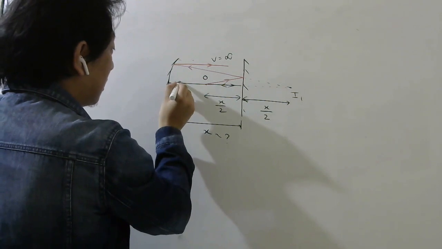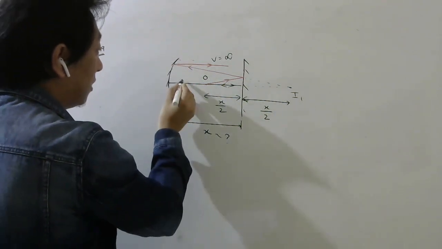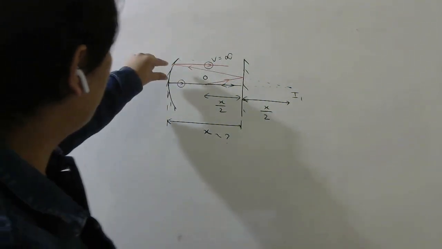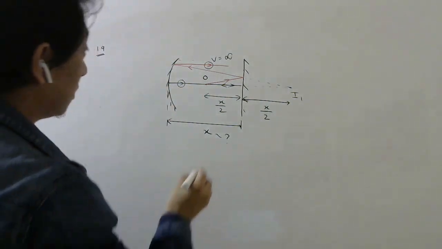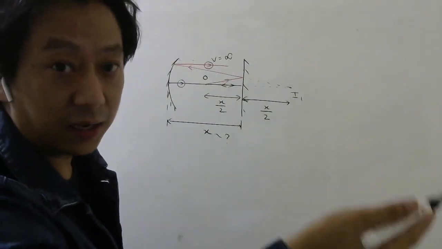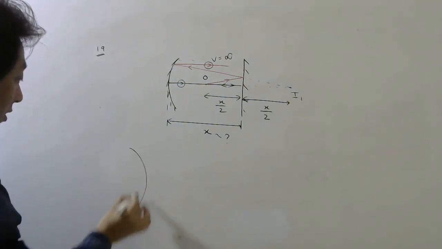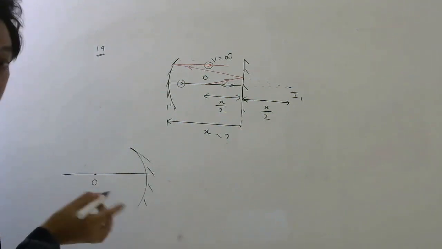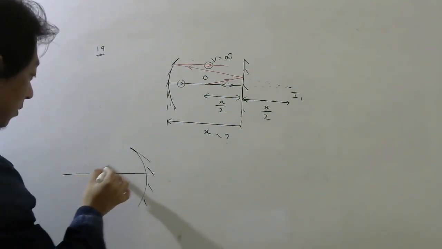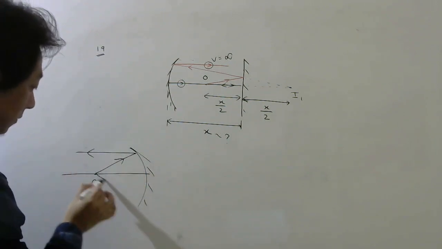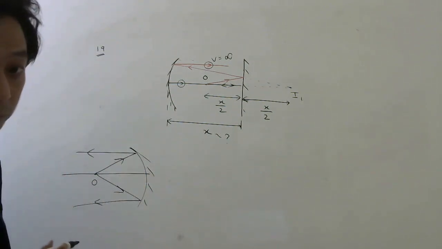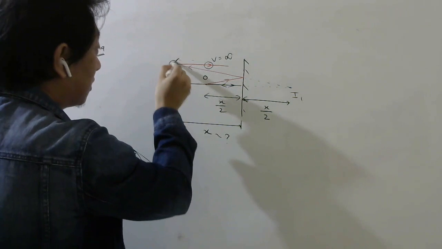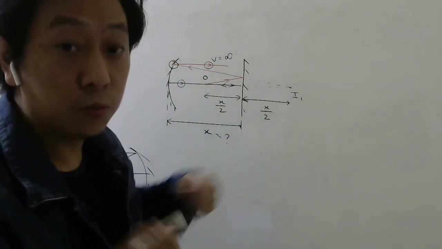Then this light will again hit and come back. So after reflection from here, this one is the reflected ray from the mirror, this one is the reflected ray from the mirror. Where will they meet? At infinity only. So if the image is formed at infinity for a concave mirror, try to remember this part. If I keep an object somewhere and the image is formed at infinity, then the rays should go like this. That will only happen when the object is where? At the focus.